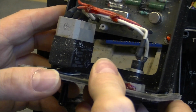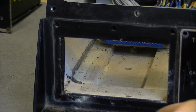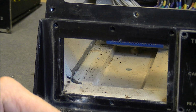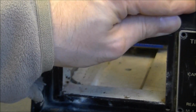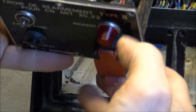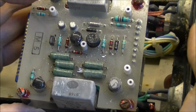So I did unscrew them, and now I am able normally to pull them out, although it was easier than expected. So first one, we will have a look at this. Second one is a lot more difficult for some reason to come off, but it should come also. I need maybe to work it loose. Here we are, and it was perfectly out of the frame. And this is in a real sad condition, guys, but we will check it